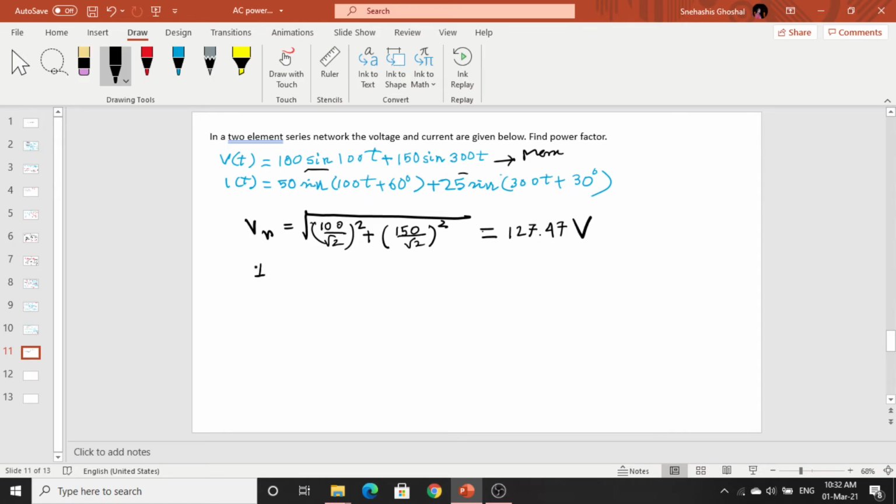On a similar note, IR, which is actually 50 by root 2 square plus 25 by root 2 square. So it is 39.52 ampere. Okay. So P average